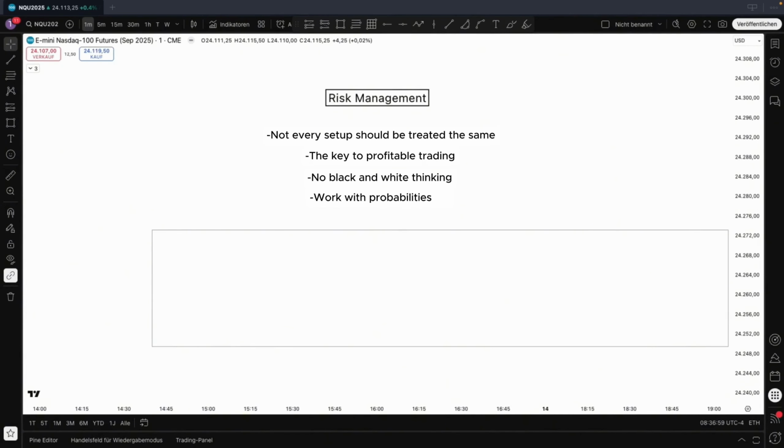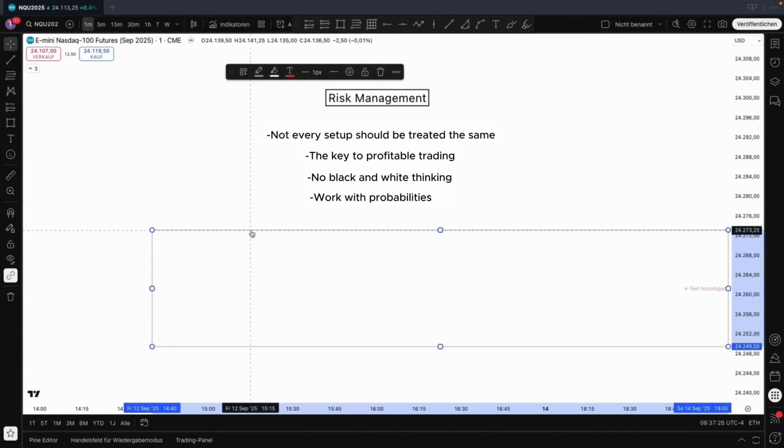Risk management is the reason for profitable trading. Anyone who can demonstrate good risk management can be profitable even with a low win rate, because those who have good risk management have low losses and high profits. That is the purpose of risk management. That's why you should have risk management. Let me give you a practical example of how risk management can work.